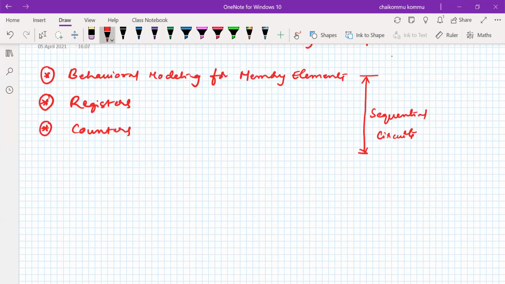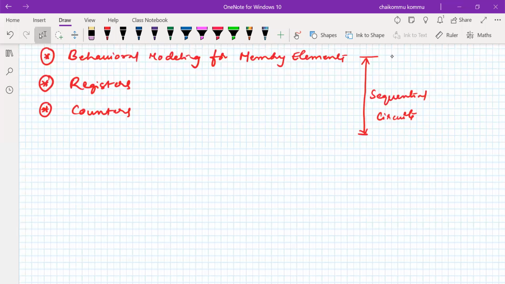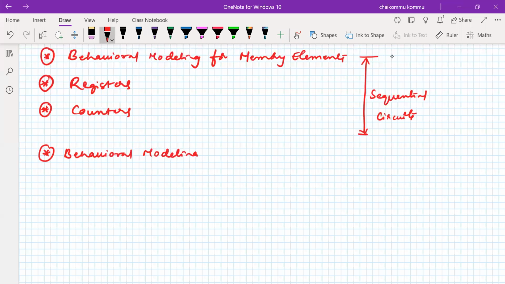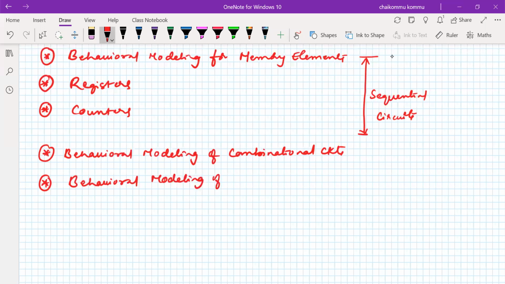Now we are going to look at some other behavioral modeling, that is called behavioral modeling of combinational circuits. And lastly, we are going to look at the behavioral modeling of finite state machines, FSM.